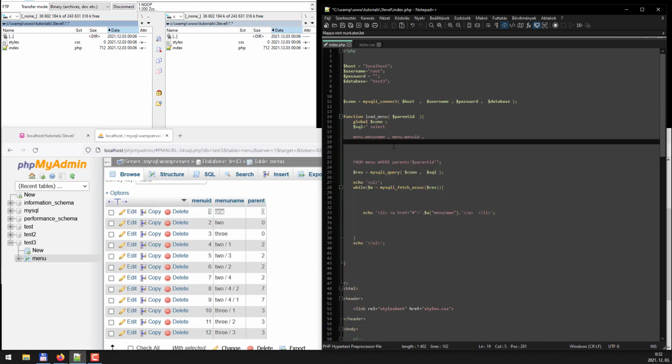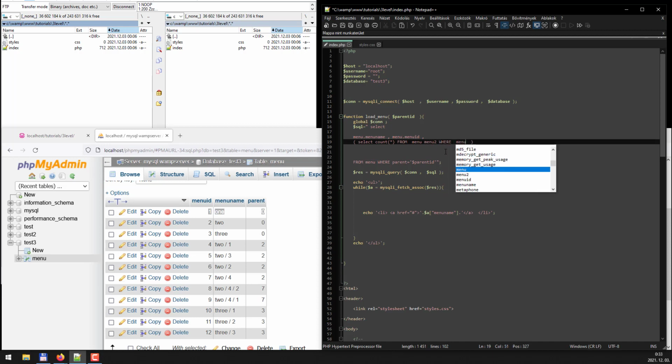To make it, I have to create a count of how many levels from this menu table, but I have to use an alias. So let's call it menu2. I will use an alias here